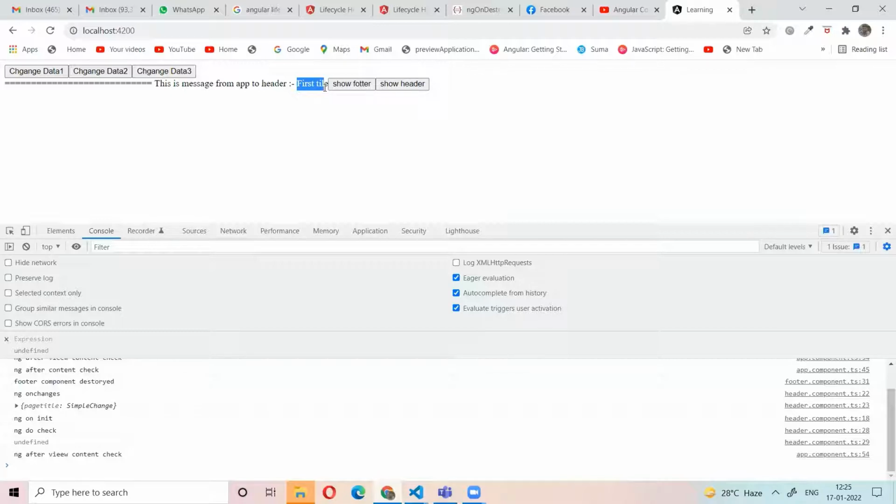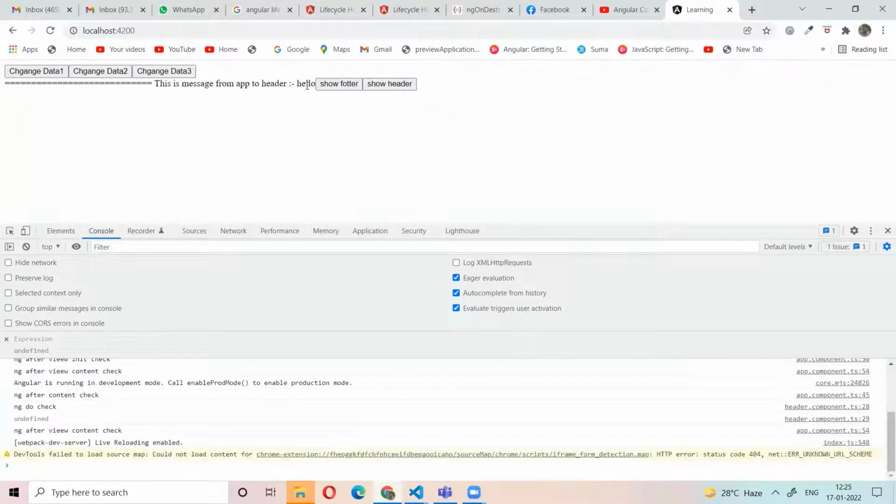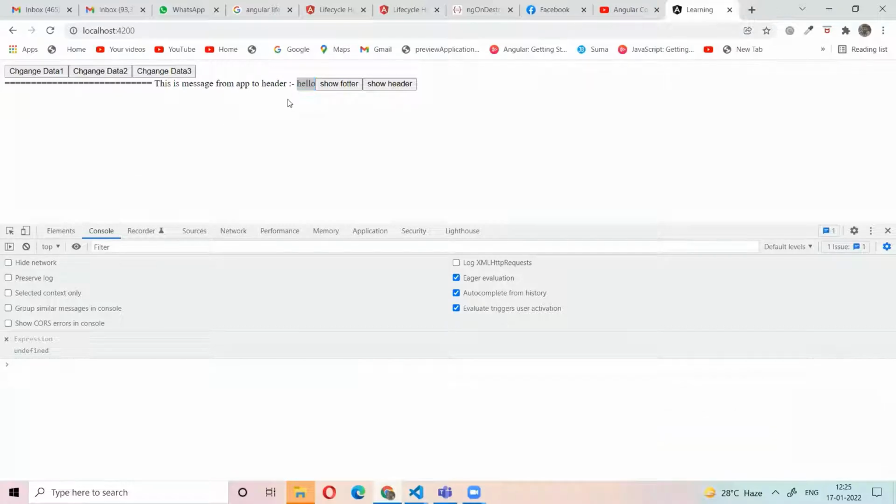Once the header component is loaded, what is the first value? The variable page title, first variable, is Hello, right? If we load this component again, this data must be there.